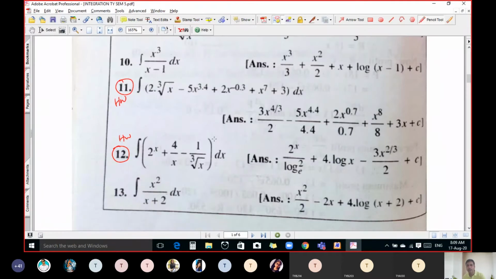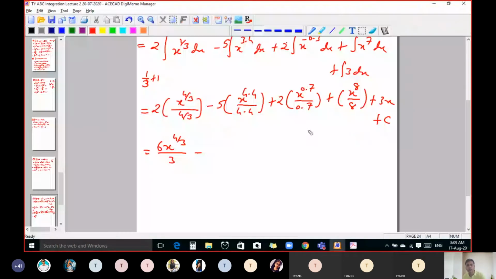Either you can keep this as it is, or you can do the calculation 5 divided by 0.44 and you will get something. So either you keep this as it is or you do the simple calculation 5 divided by 0.44, so you will get something, or keep that as it is.